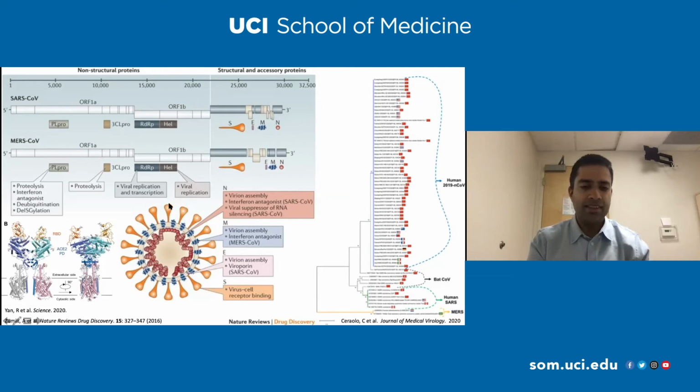It's got this orange spike on the surface shown here. This is the spike protein, and that's what binds to the epithelial cells lining the human lung. And so that's what allows the virus to enter the human lung. Up on the top here, we've learned a lot about this virus in a short period of time. These are the different genes of the virus, and we've identified all of them and what they do. On the bottom left here, we've identified how exactly the virus binds to the receptor on the lung cells